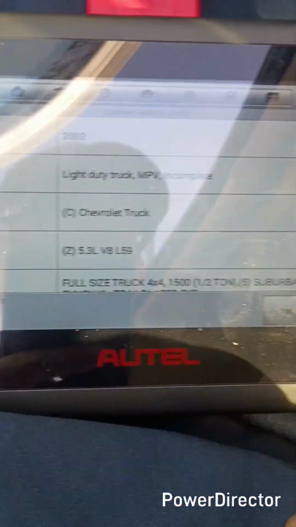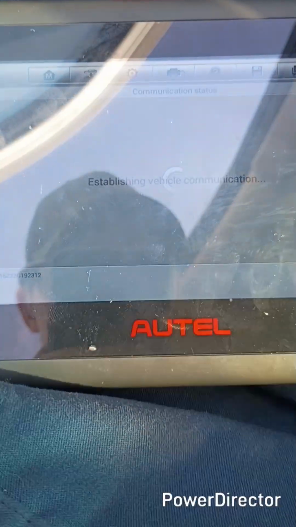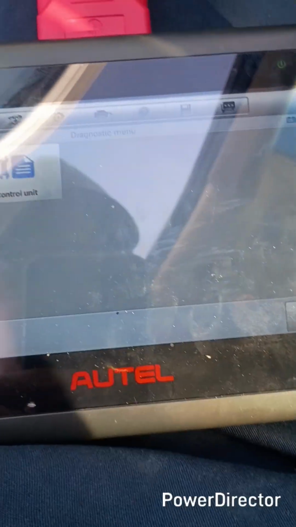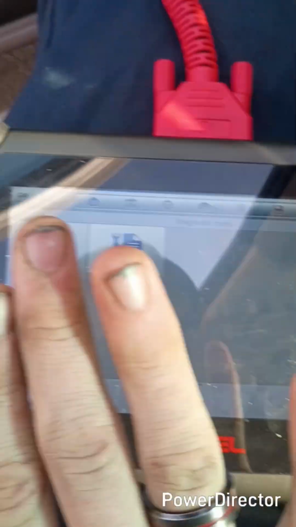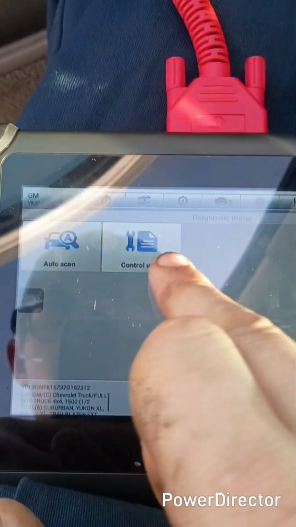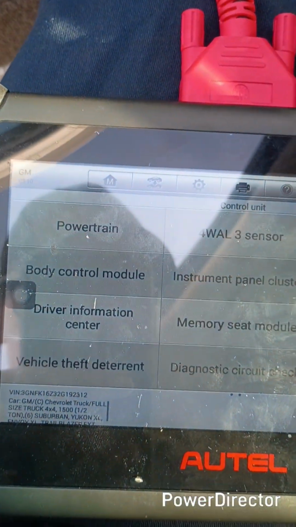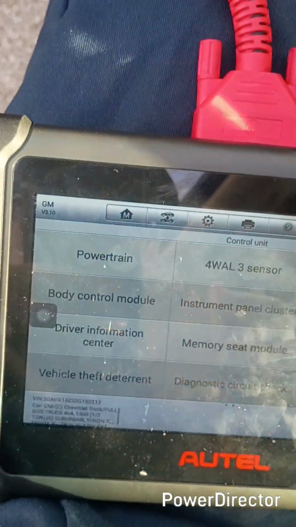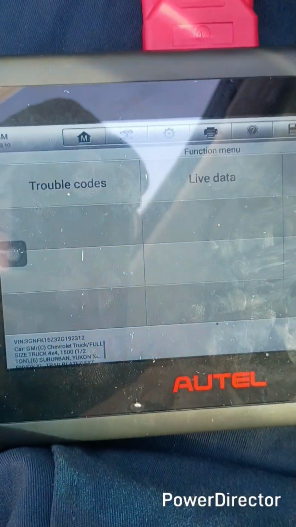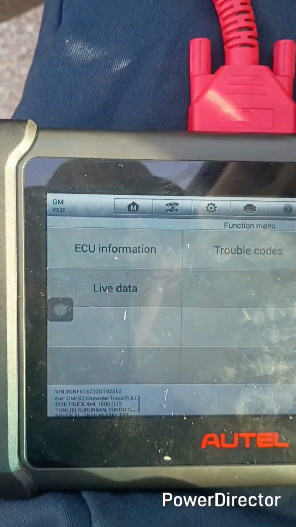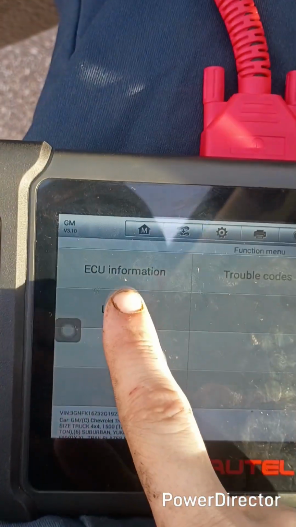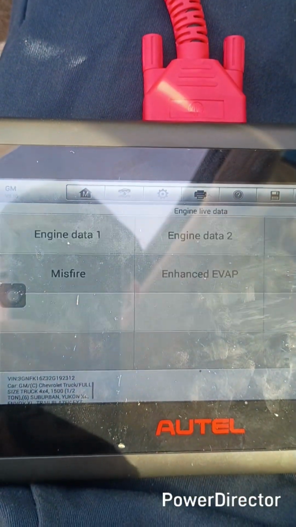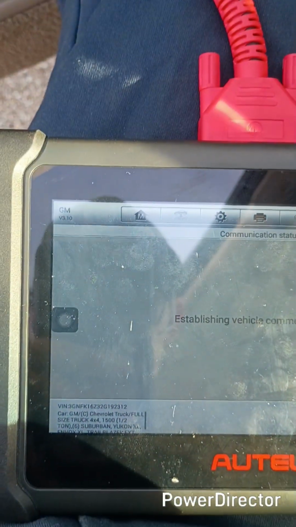This is just some vehicle questions you can answer once you read it. That varies model to model. We don't have to do a full scan because it's not what we're here to do. So we're just going to need to go to control unit, and to see our mass airflow sensor, we're going to need to click on powertrain, and then we are going to click on live data, engine live data, engine data 1,